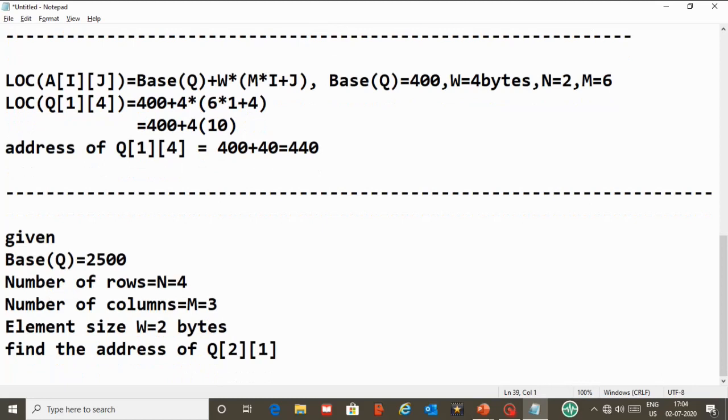What was the formula for column major representation? LOC of A of ij, or I can say here it's Q, so LOC of Q of ij